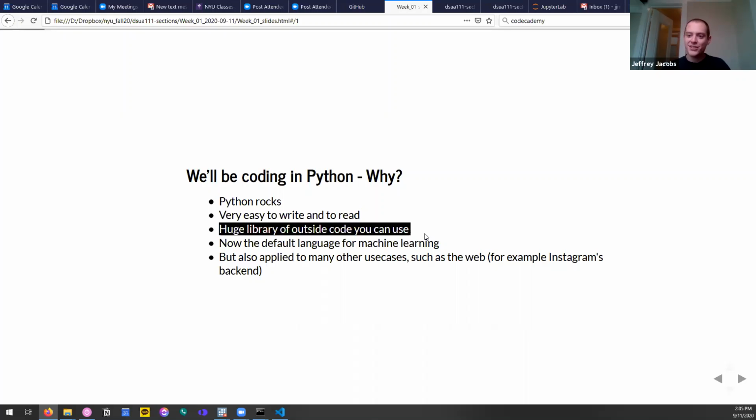But the point being, choosing a programming language is more about which one makes the things you want to do easier, right? So for different types of tasks that you want to do, if you're a data scientist, Python is really great because of this huge library of outside code, right? People over the past 20 years since Python came out have written tons and tons of add-ons to the language that